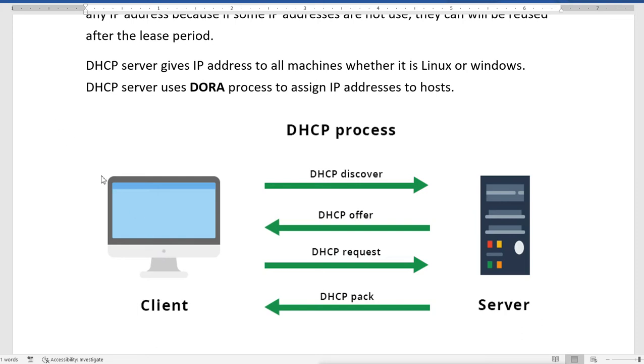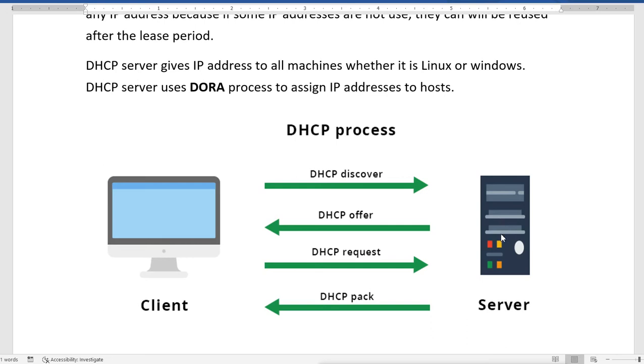Now they will see the conflict here, and what will the client do? The manually configured IP will not change. So this client which is trying to apply the IP will send a DHCP decline packet to the DHCP server, and that means that this IP is already in use. It is a bad IP.